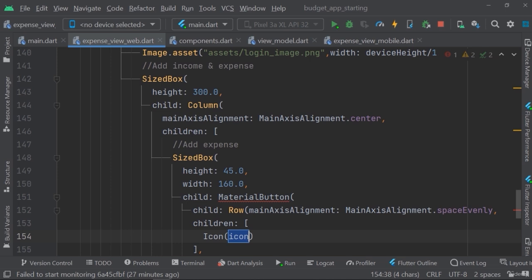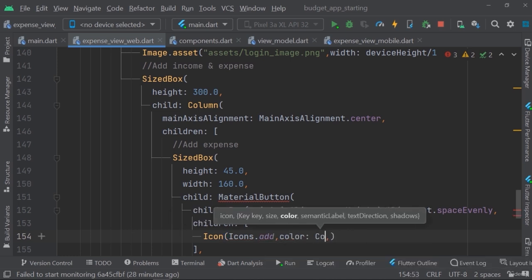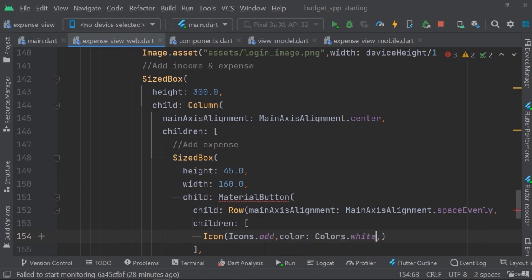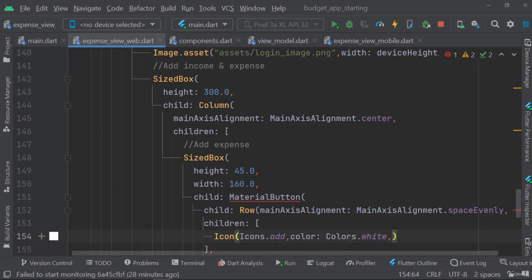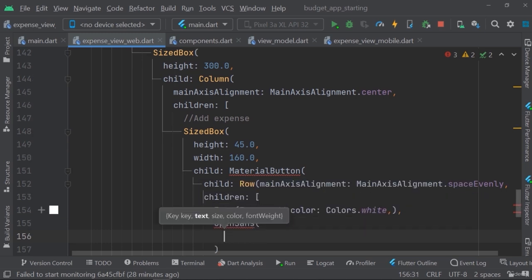I'm gonna set the icon as Icons.add with the color of Colors.white. Let me call Open Sans now and give it a text as Add Expense